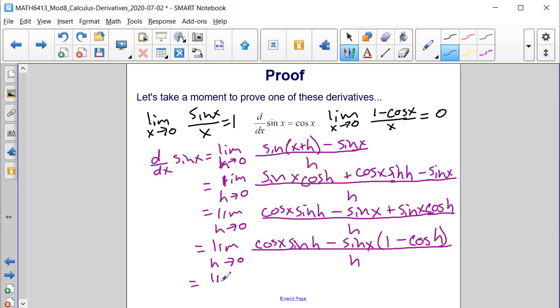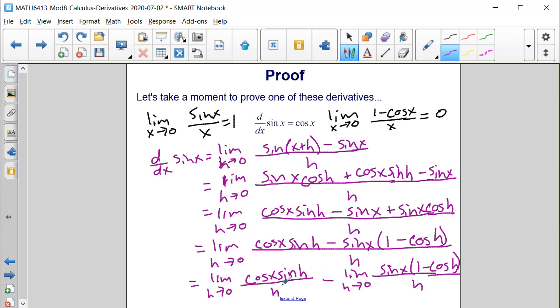So that would be the limit as h approaches 0 of cosine x sine h over h minus the limit as h approaches 0 of sine x times 1 minus cosine of h